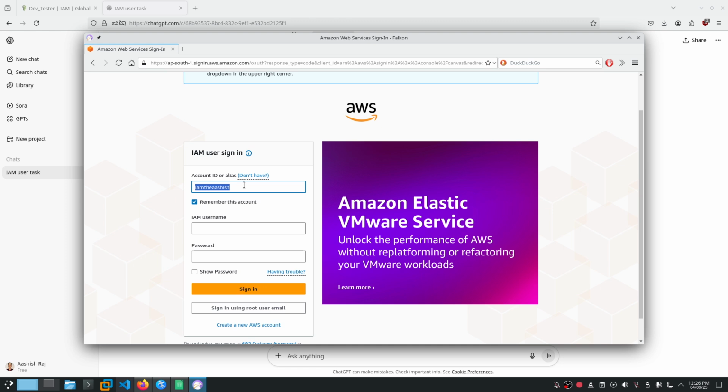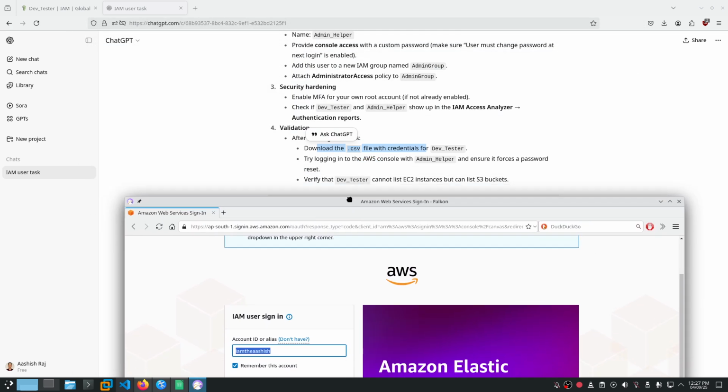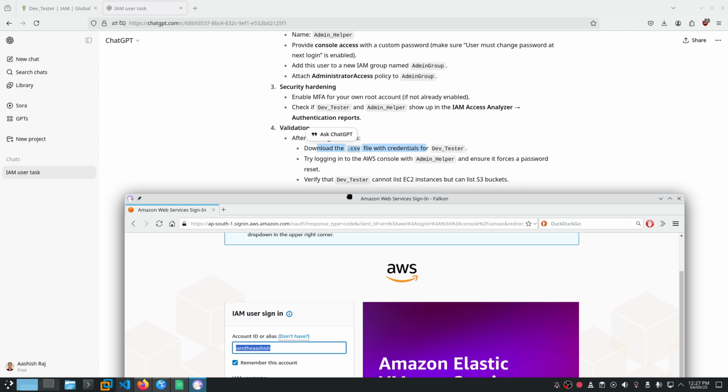Account ID or alias. Let me close the door, sorry. Alias is iamtheaashish only. And firstly, we'll have to log in as admin helper and ensure that it forces a password reset.